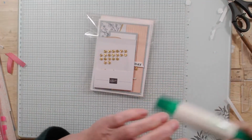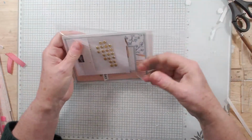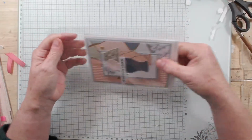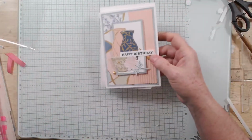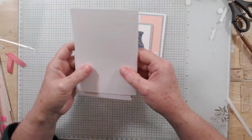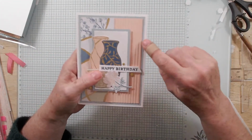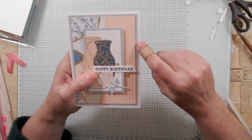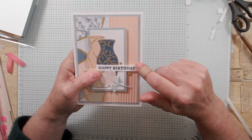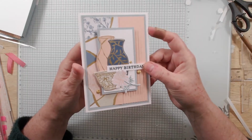Okay, so this one is for my other dear friend who was also on stage with me, and I thought I'd try the other suite that we looked at in the catalogue. It's the Kintsugi Inspiration Suite. I hope I'm saying that not too wrong. I've popped it together with a few different colours. I'm using our cloud cover, that really soft grey blue on the background, putting it together with some petal pink, using some of the designer series paper. And again, I have just fussy cut those